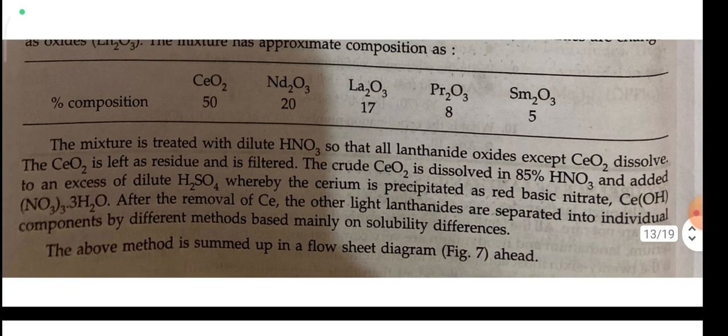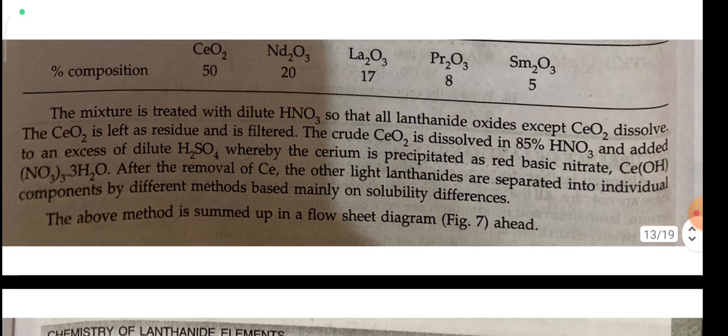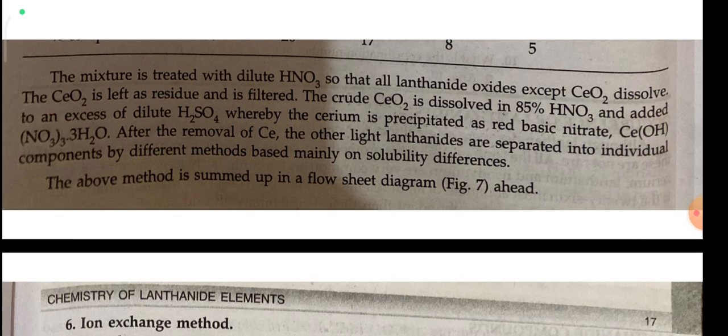The mixture is treated with dilute HNO3. So the lanthanide oxides and CeO2 dissolve. The CeO2 is left as residue and is filtered. The crude CeO2 is dissolved in 45% HNO3 and added to an excess of dilute H2SO4, whereby the cerium is precipitated as a red basic nitrate, CeOH. The components